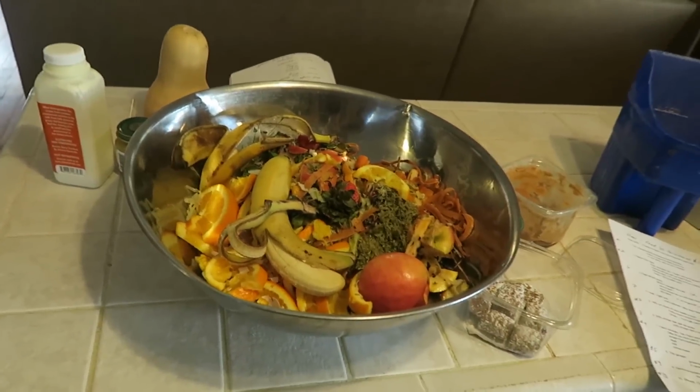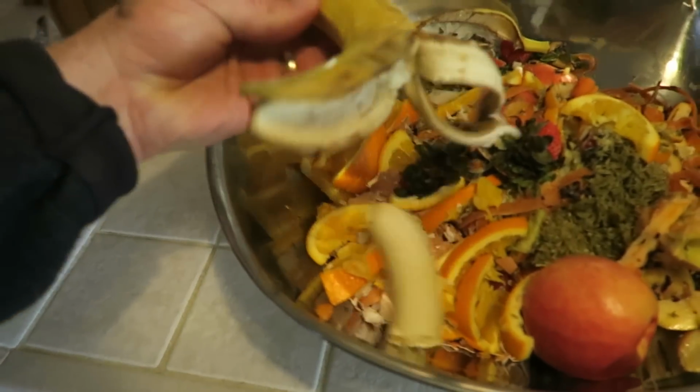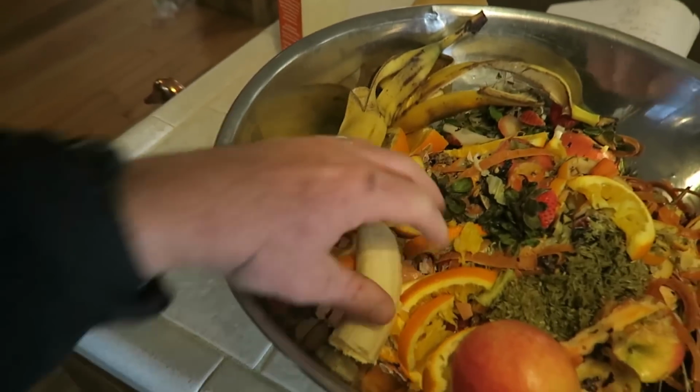The third thing you can do is food scraps. 16% of your waste is going into the trash. We eat a lot of whole food, so we're throwing a lot of this away. So this is like a day, okay? This is like a smashed up banana that Mr. Brown got a hold of. This is